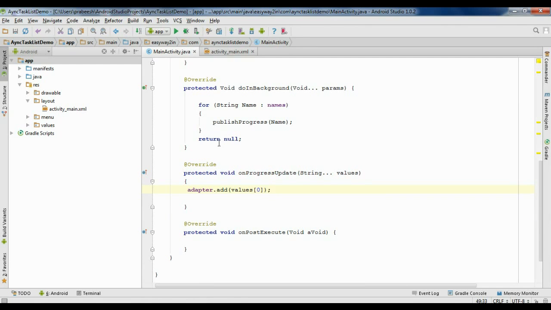Okay, so in the for loop we call the publish progress method. Whenever you call the publish progress method from doInBackground, it will invoke the onProgressUpdate method, and in that method I add each of the names into the adapter. So now we add all the names into the adapter, and finally after doing all the background job, I return some result: all the names were added